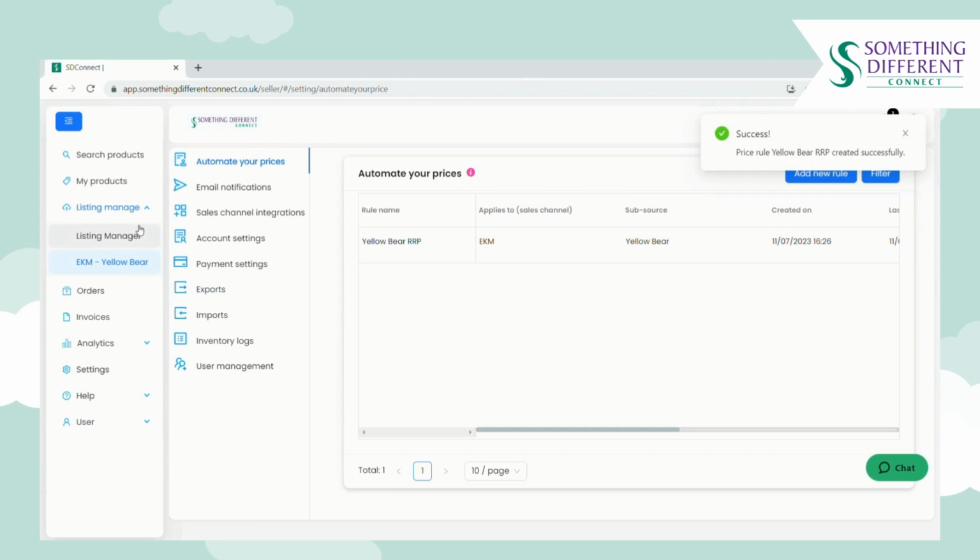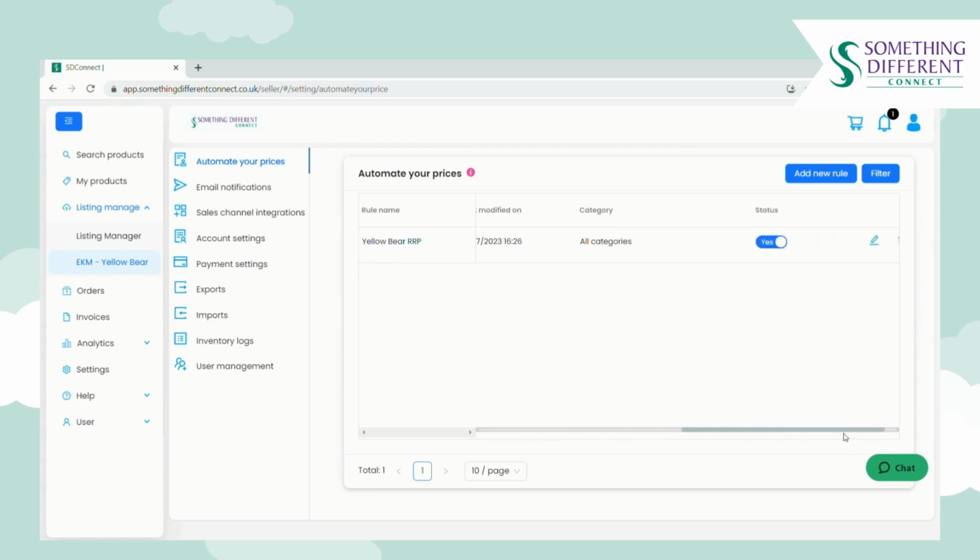You'll find it in settings, automate your prices, and if you scroll across you can see a pencil icon to edit or a bin icon to delete it, and any pricing rules which you create will appear in a list here. So we'll go back to our listing manager